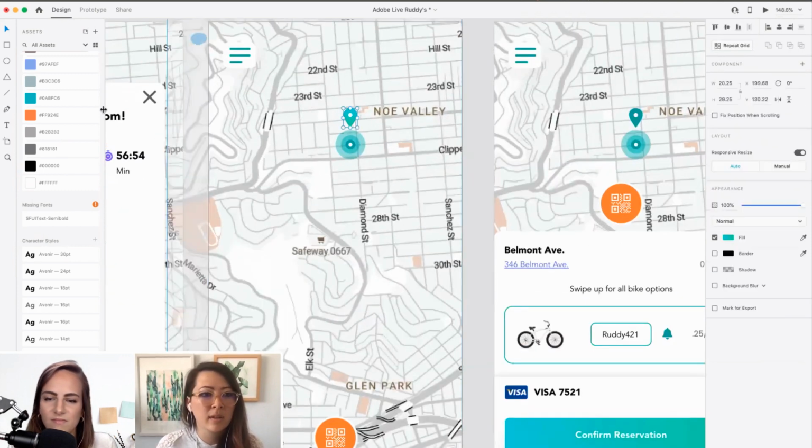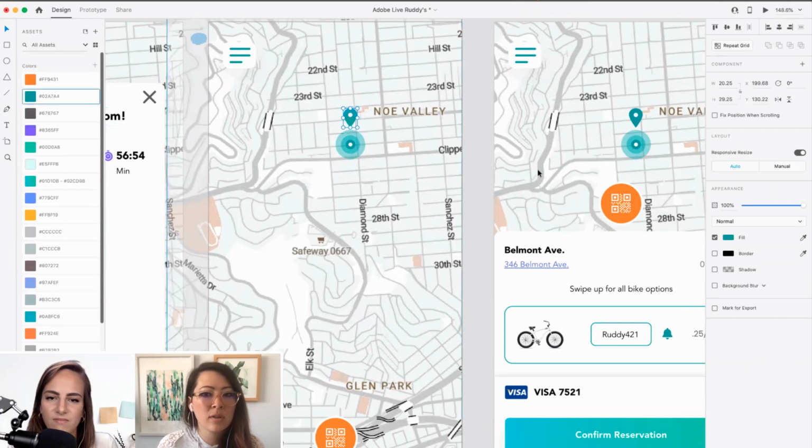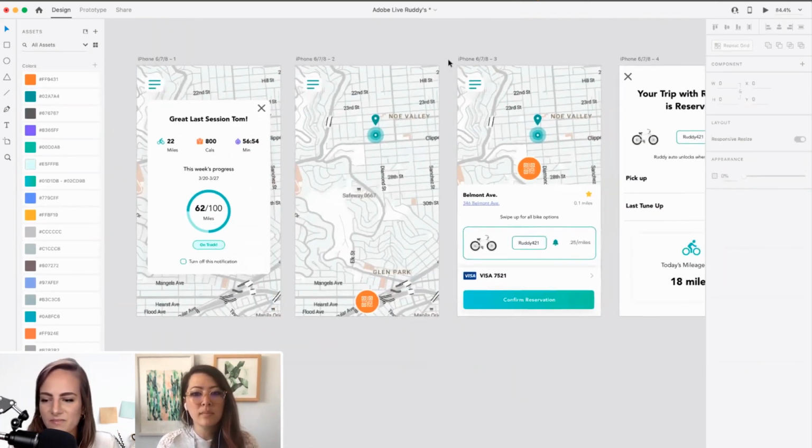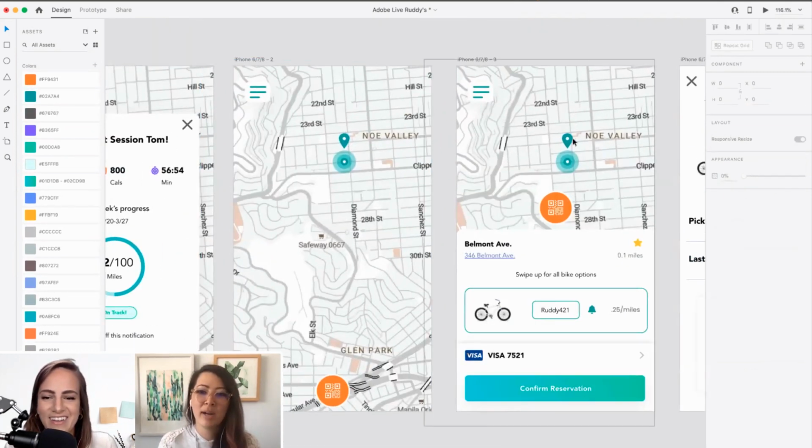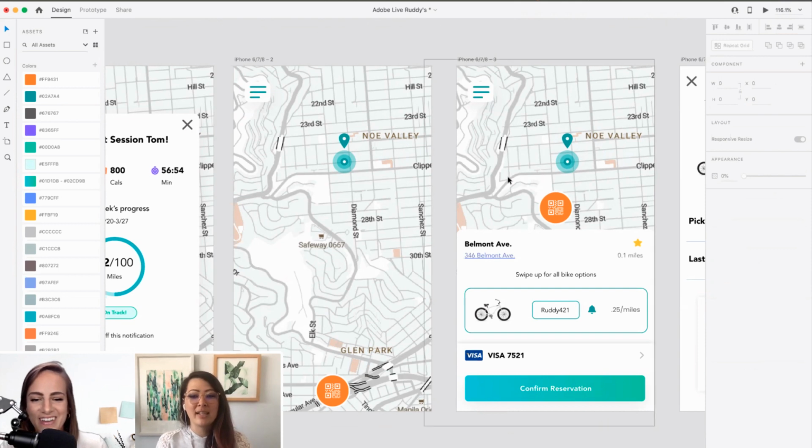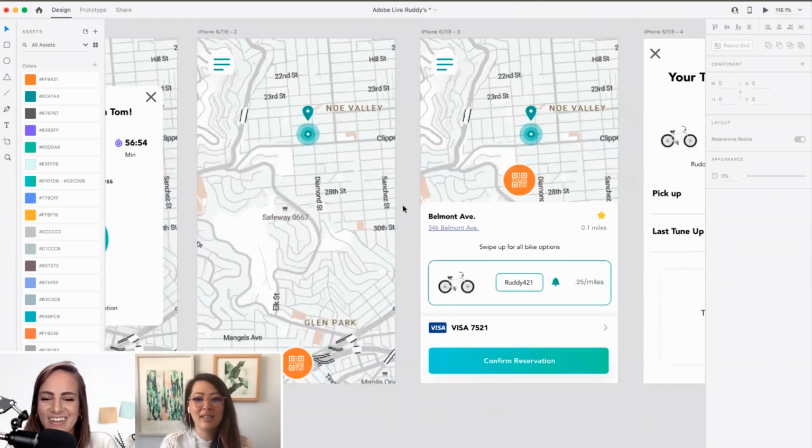I just realized these pins are different colors, so I'm going to change that. I didn't even notice that either. Yeah, change it from blue to bright blue. Prototyping always helps me find the things that I did incorrectly, or the things that I forgot. I'm like, ooh, that's obvious.